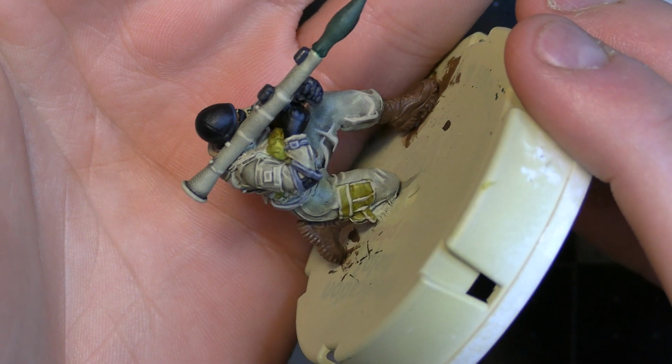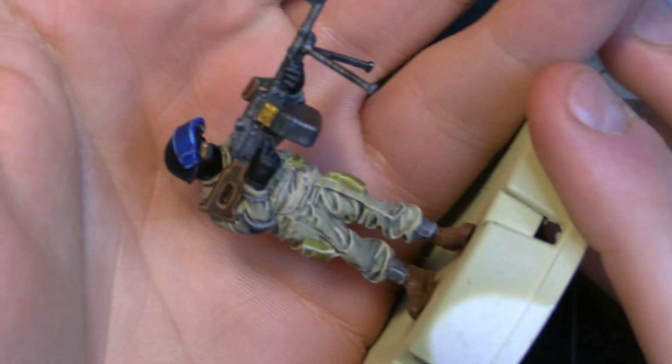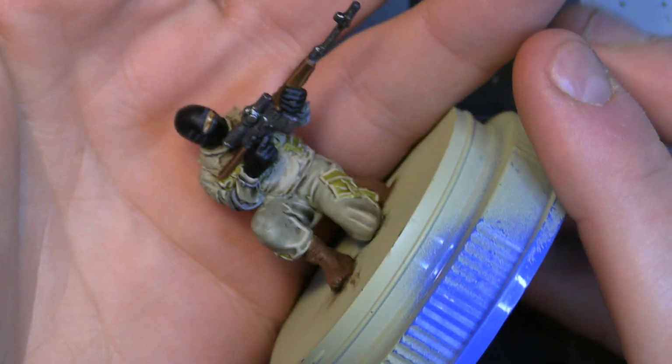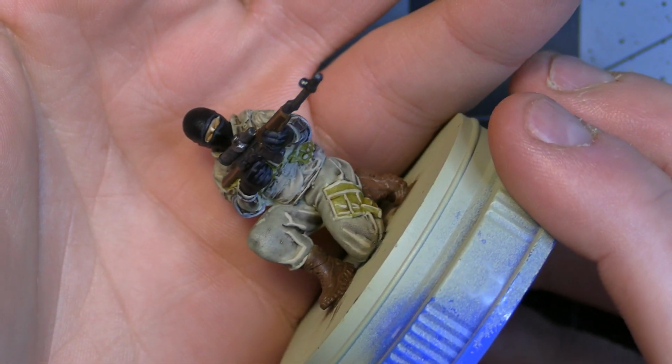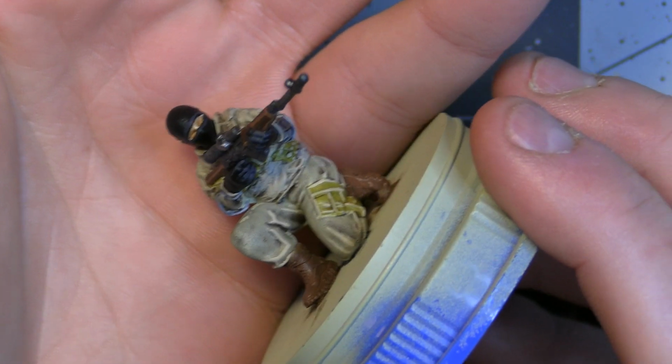I didn't want to do the dry brushing there, so I just did an edge highlight for him. Here is our support Infantry Soldier. And finally our Sniper. So that's it. They're all done, folks. Those are the models. Now there is one more thing we're going to do to these models, but first we need to talk about